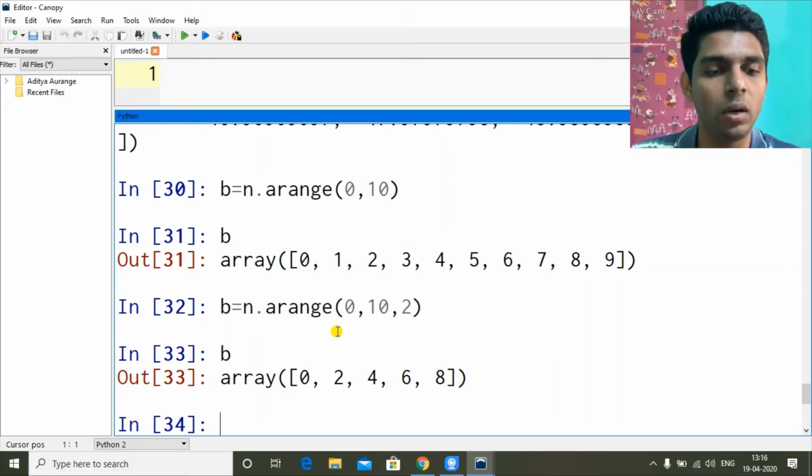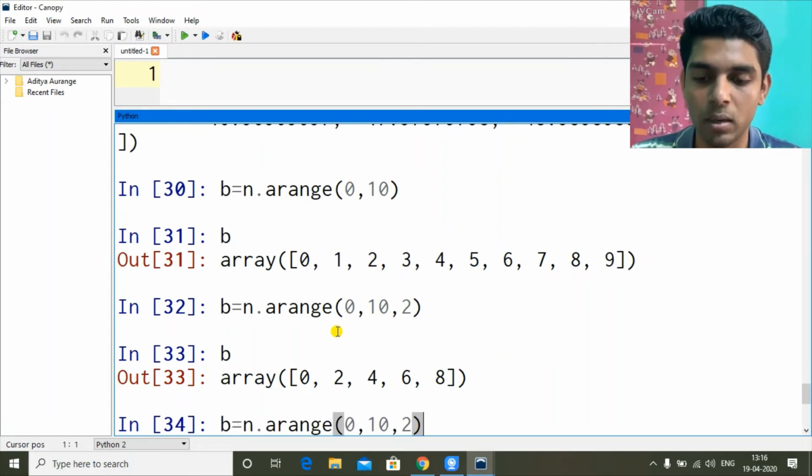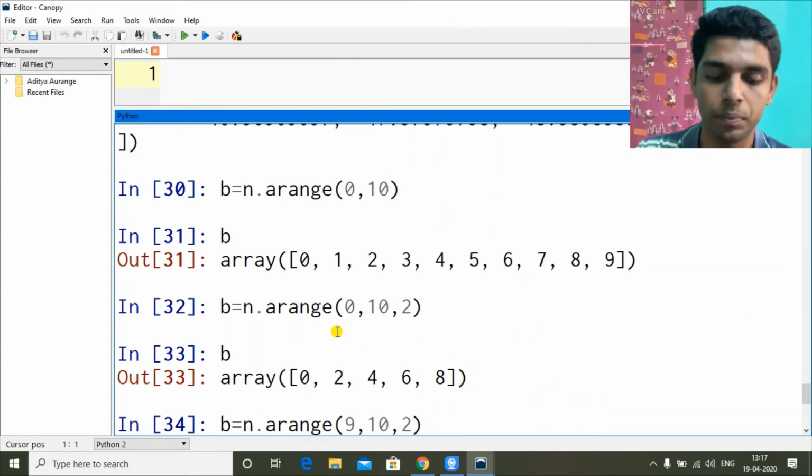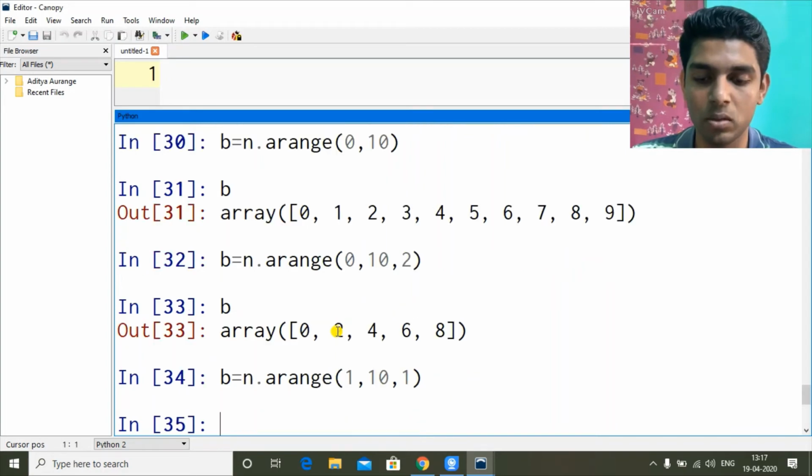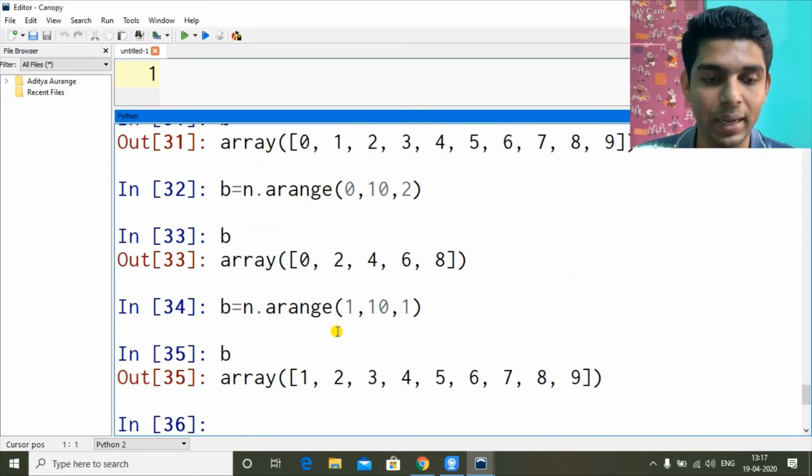So first of all, take it step by step. How we can create an array having values from 1 to 9. That we can do using arange. Just now we learned it. So I want 1 to 9, no? So 1 to 10 and stepping default is 1. I am giving 1. So now B will have a 1D array 1, 2, 3, 4, 5 and it has 9 elements. So how I can use reshape is